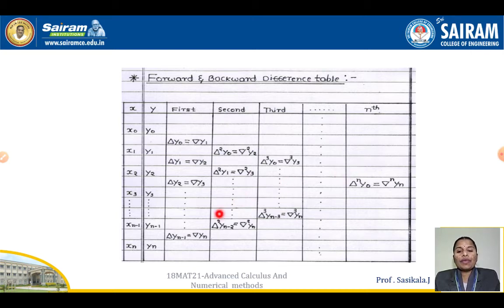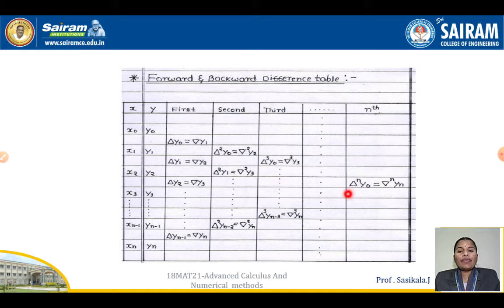If you go with the backward difference, it is the same way: del y1, del yn minus 1, yn minus 2, like that we are going to make it. Similarly for del squared, backward del squared yn, backward del squared yn minus 1. You have to write it. That's why backward del yn by y1 and backward del squared y2 have come here. So the table process is the same.